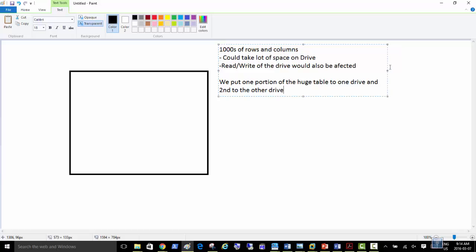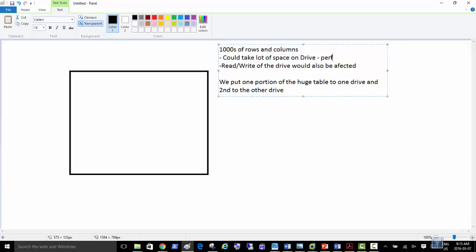So we have a table that has thousands of rows and columns, which means opening the table and accessing the information by the users who are connecting to this. Suppose it's inventory, all the car parts, and there are 6 or 7 companies' employees accessing this table to look up, okay, what is the price of this part, what is the price of that part. But it's huge, so the database is really going slow. The hard drive on which this table is in the database, and the database is performing very badly.